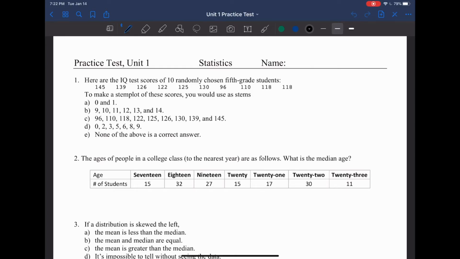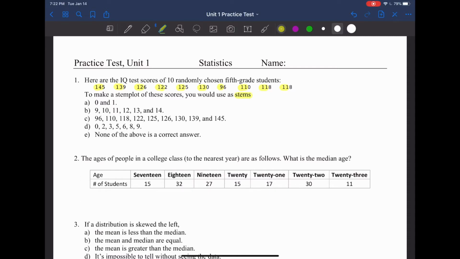All right, so I'm going to go over the Unit 1 practice test. Number 1 says, here are the IQ scores of 10 randomly chosen 5th grade students. To make a stem plot of these scores, we would want to use stems. Remember, stems are the first part of the digit, and the leaves are just the last part. So in this case, the stems are either the first number or the first two numbers, and the leaf would